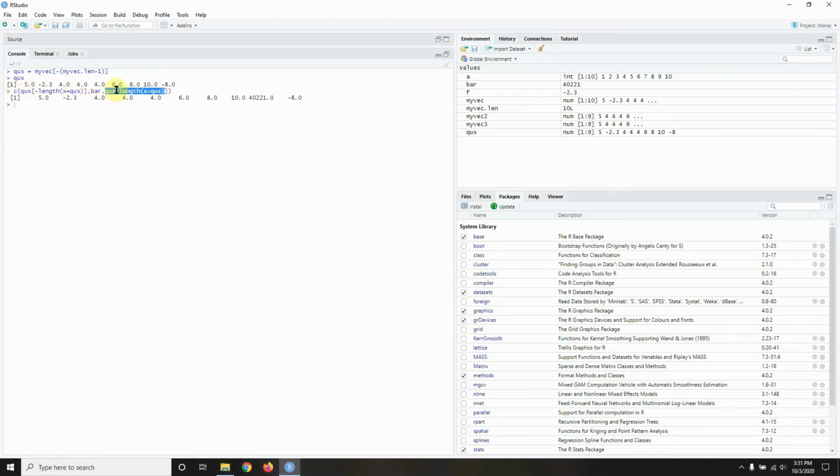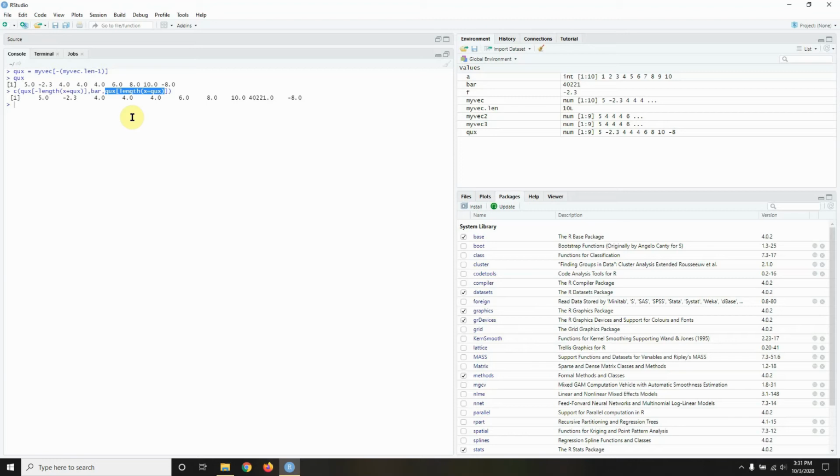Yeah. So this one's just adding the last element. Okay. So now you're not restricted to doing things one by one. You can also have a vector full of indexes and use that vector of indexes to manipulate the other vector. So for example,